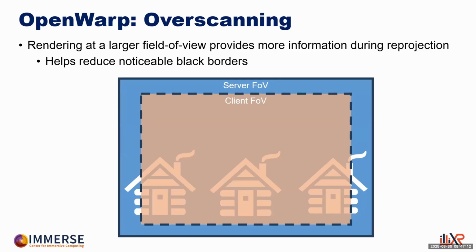So something else that's nice about OpenWarp is that it decouples the server rendered field of view and the client's desired field of view. So what that means is the server can use a projection matrix with a higher field of view that will provide more surrounding information for the client. So when the client then re-renders at its desired field of view, there's potentially more information to work with. In this specific diagram, we can see that the server is rendering some amount of information and the client only needs some amount. What's nice about this is for higher latencies, the client can still move left or right, and it will still have that information available to work with, and it won't encounter that black border problem that time warp sometimes has to deal with.